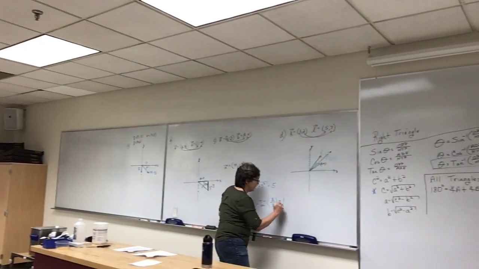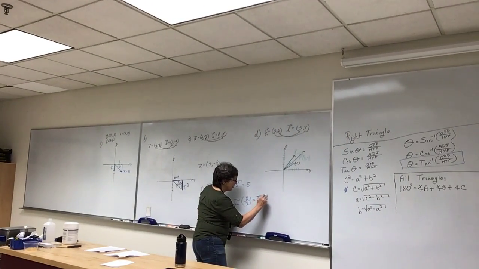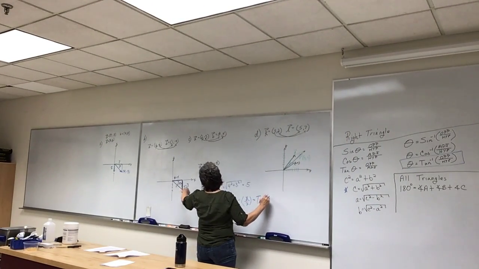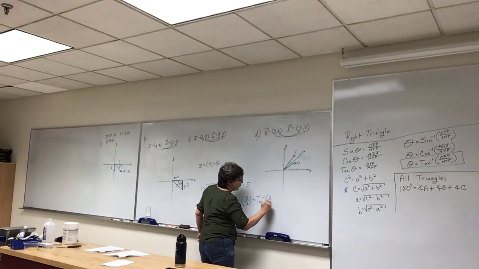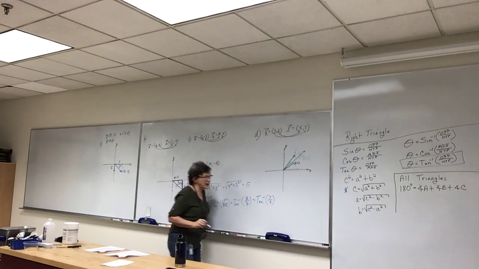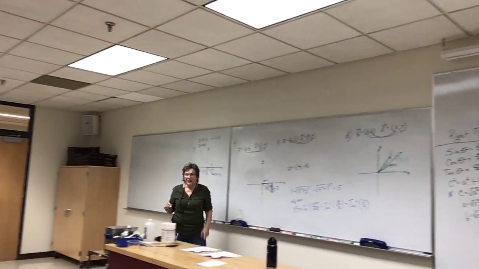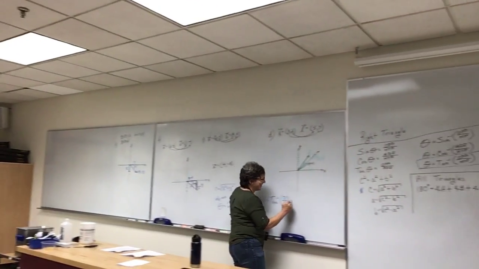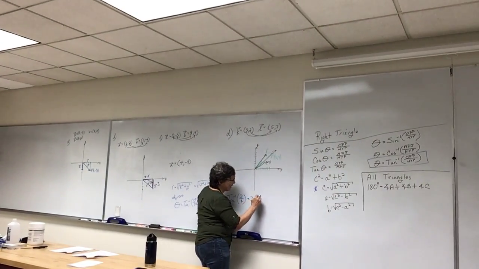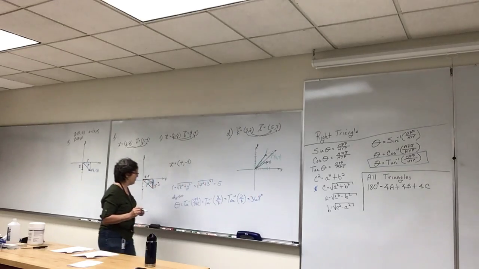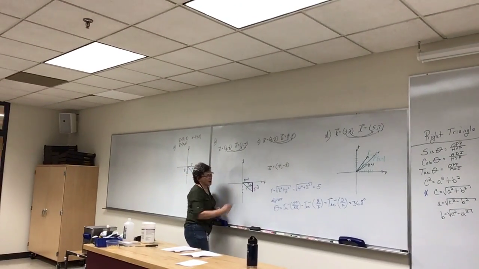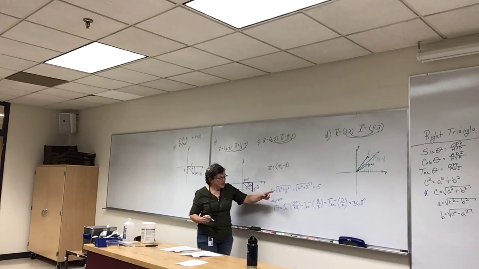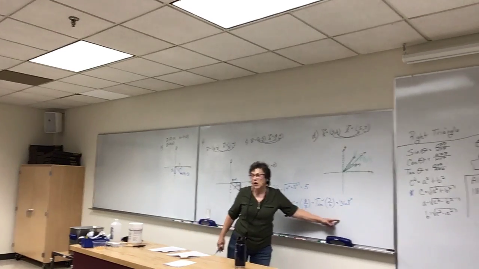Put the numbers in here. Y is 3 over 4. Can someone put that in their calculator? 36.8. Degrees or radians? Degrees. 36.8 degrees. Now we know the